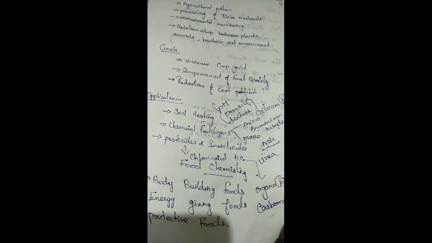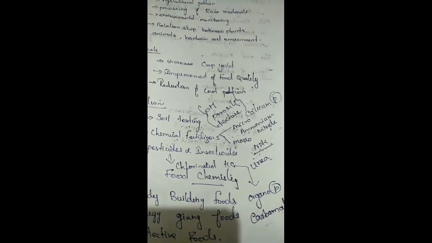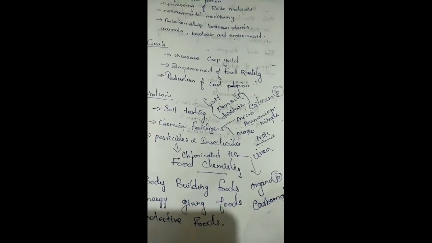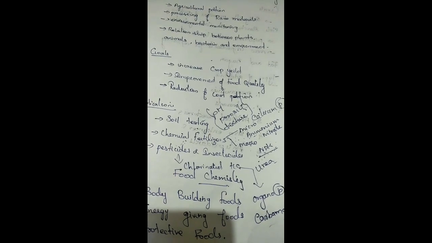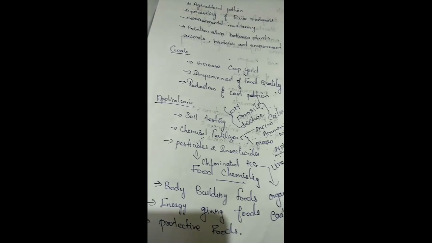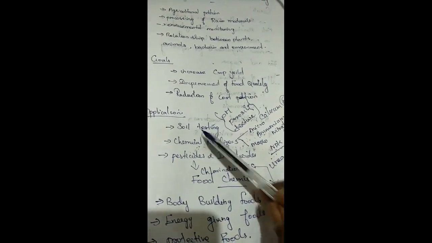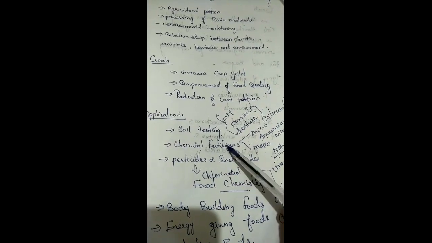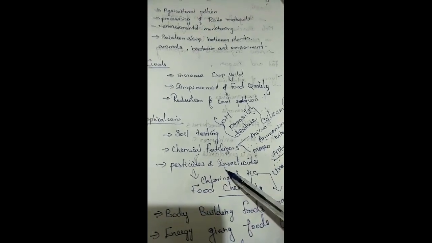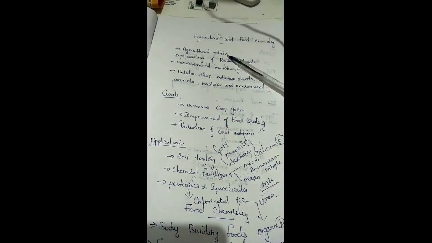Okay, otherwise what will they do? They will cause some disease in the crops. You can see some potato, sugar cane, whatever it may be, there will be a disease caused due to pest and insect if you are not spraying these pesticides and insecticides. So these are the three applications. One, they check the soil testing. Next, they produce good chemical fertilizers. Third, they protect the crops from pests with pesticides and insecticides. So these are the important things that the chemist will do in the field of agriculture.